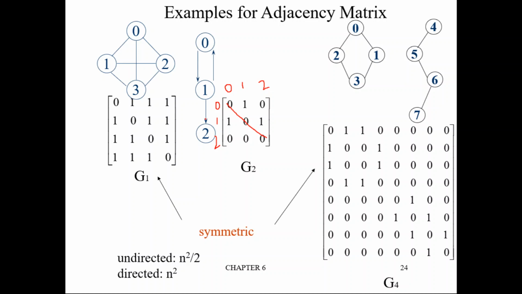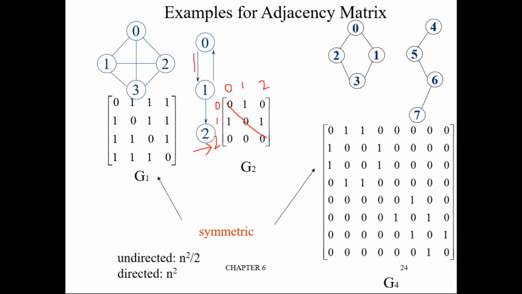So let us assume we have filled this. Then 0 to 1, this is a directed graph. Okay, so node 0 to node 1, is there a path? Yes, so put a 1. Node 0 to 2, is there a direct path? Only direct path we are seeing. No, so put a 0. Then come for the next node, node 1. Node 1 to 0, is there an edge? Yes, put 1. Okay, node 1 to 1, no self edge, so 0. Node 1 to 2, is there a link? Yes, put a 1.